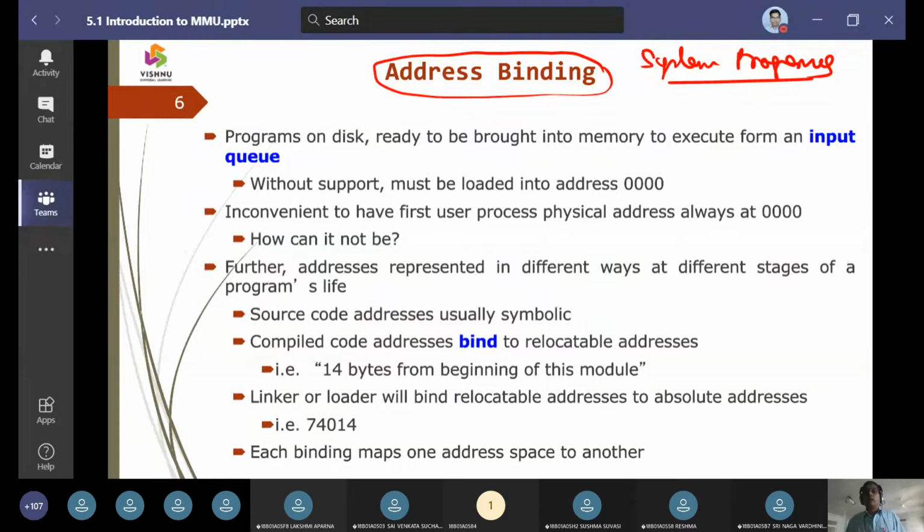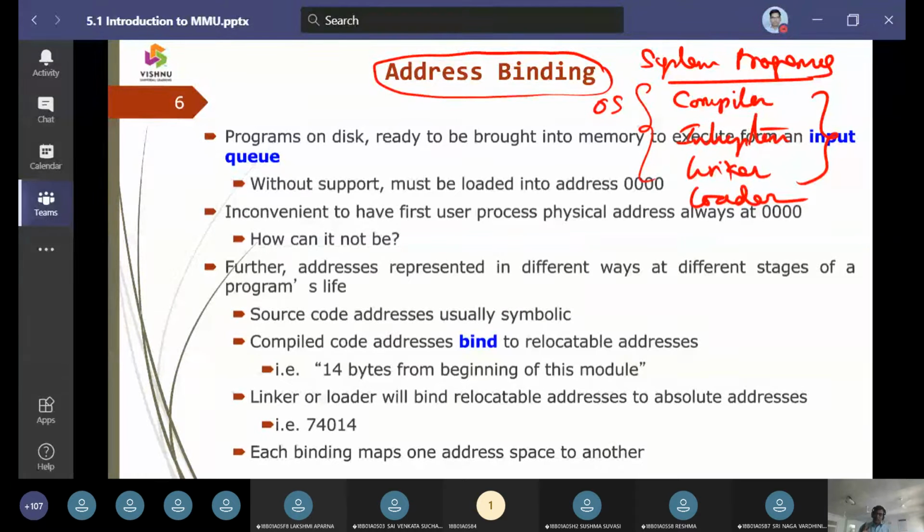So we have the operating system, and the operating system is going to have some system programs. One we are going to call the compiler, another the interpreter, third the linker, and fourth the loader. So the operating system has a few more concepts inside it.